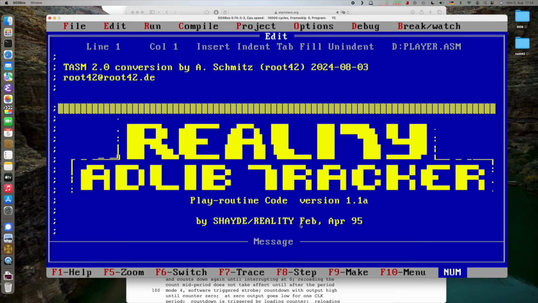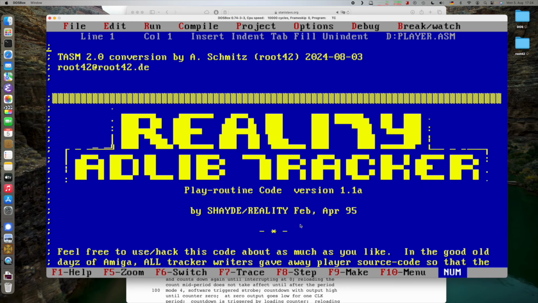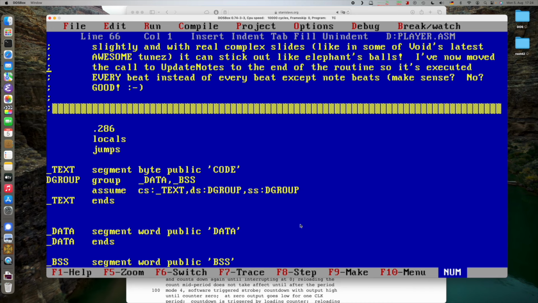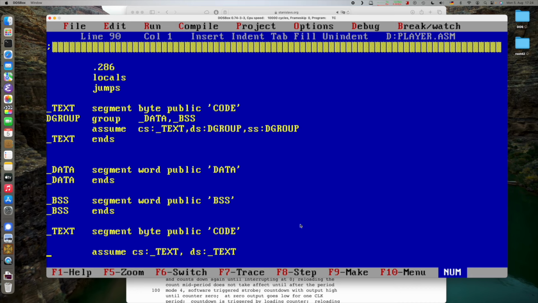The assembly file is in player.asm. I'm going to go full screen here. I put in my notice here at the top because I rewrote this to better compile with the Turbo Assembler from Borland. And I haven't finished refactoring this because to make it perfectly fine and clear, we should in theory